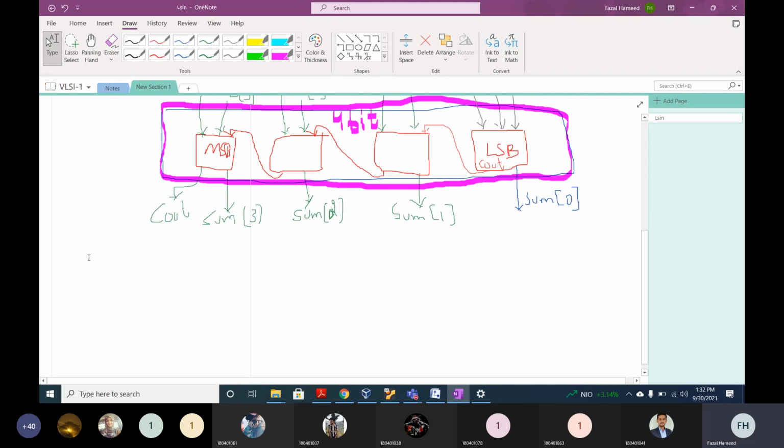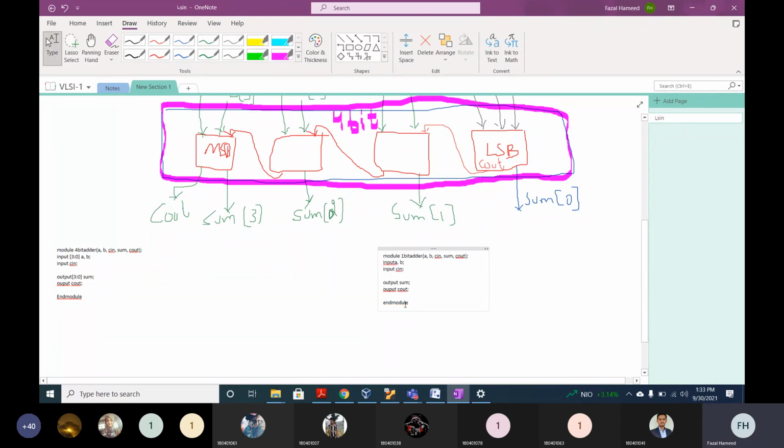Now we want to write the code for this adder. Actually we can have 2 codes. Number 1, a code for the 1-bit adder. This is module 1-bit adder, with A, B, C in, C out. The inputs to the 1-bit adder are 1 bit each, input A, B, and the outputs are 1 bit, output sum, output C out. Now this is end module.